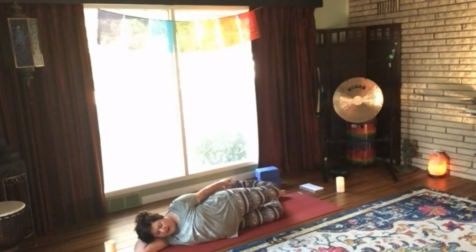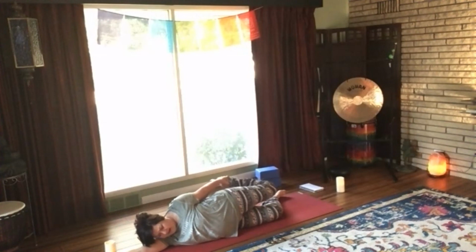And I'm way more balanced on my right side today. Well, that's really cool. Engage your pelvic floor, belly button back, lengthen through your crown, kick through that foot, active